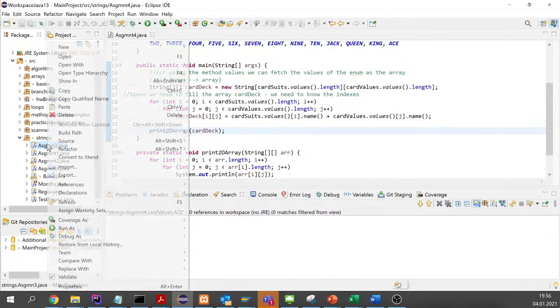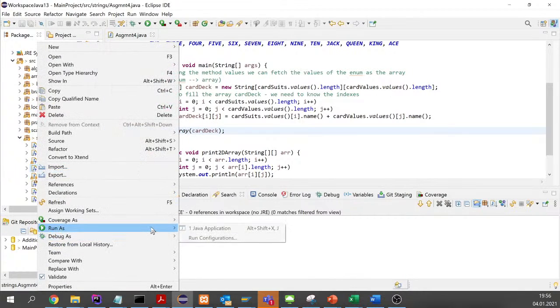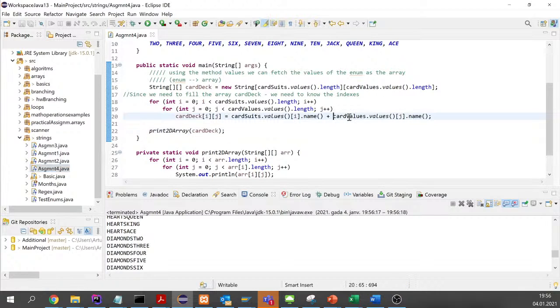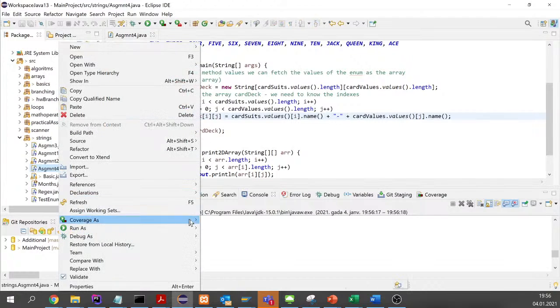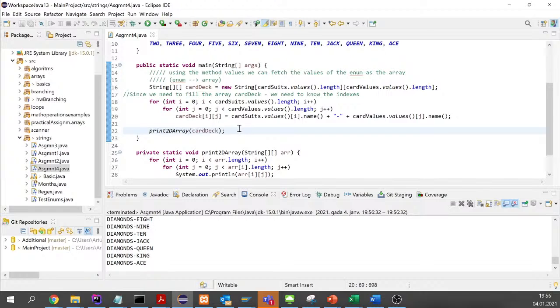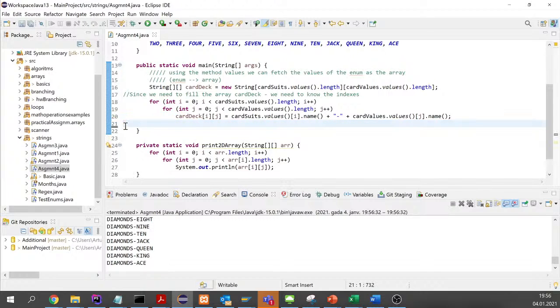Okay, yeah. So to make it more correct, I will add a separator in between them, and we can see that everything seems to be correct. So now we have the deck with the elements. Alright, so we managed to do this task,